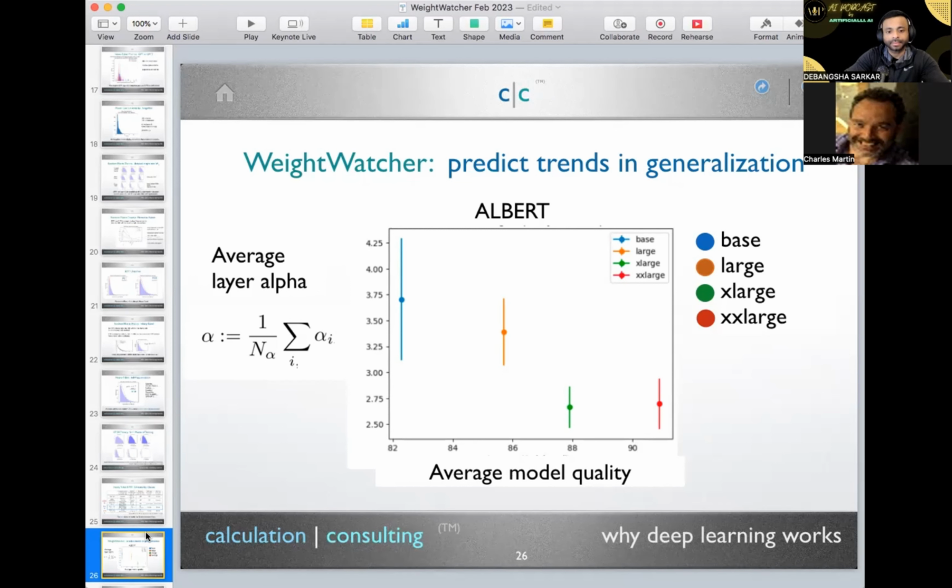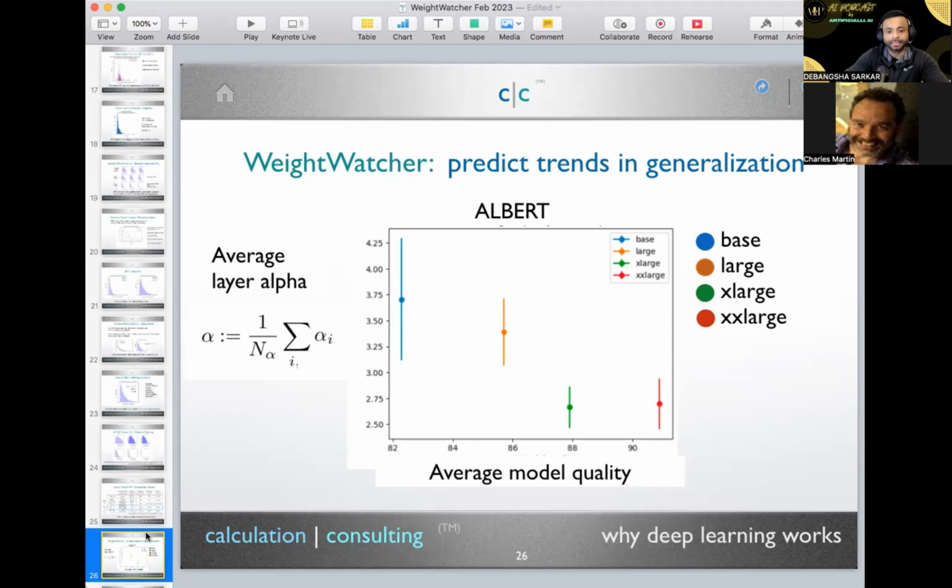So it has like 9 dense layers. And the way it works is, as you add more data to it and you make the model more complex, the number of layers doesn't change. So you can actually study the convergence of the layers as you move from the base to the large to the extra large models. And you can see how each individual layer performs and how the alphas change.